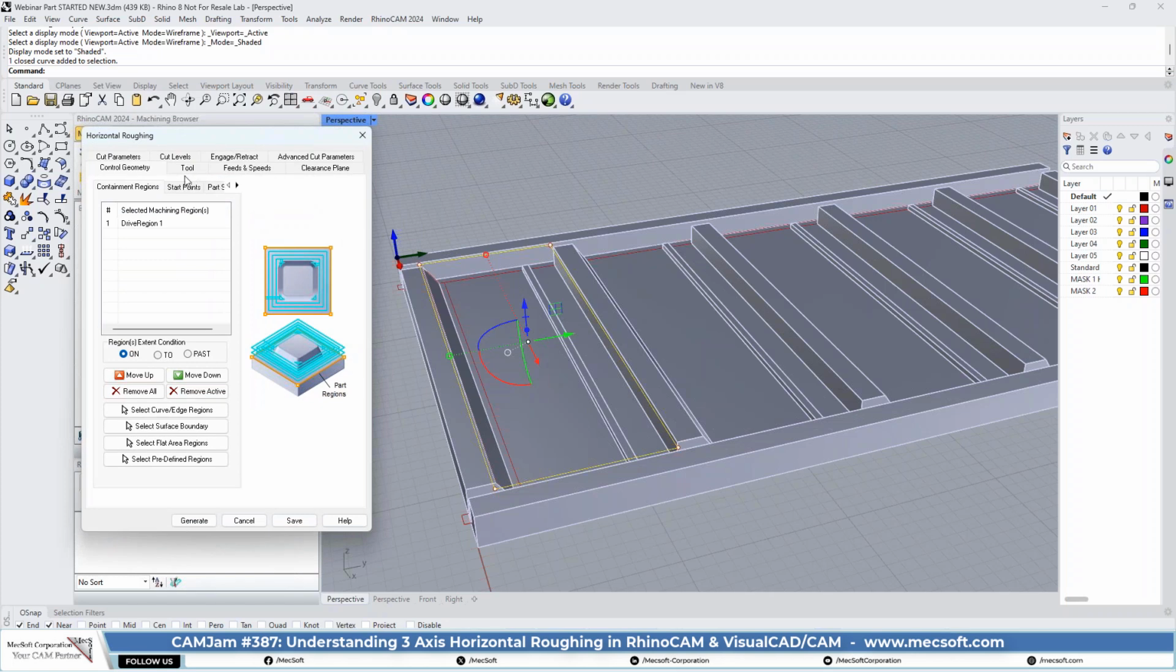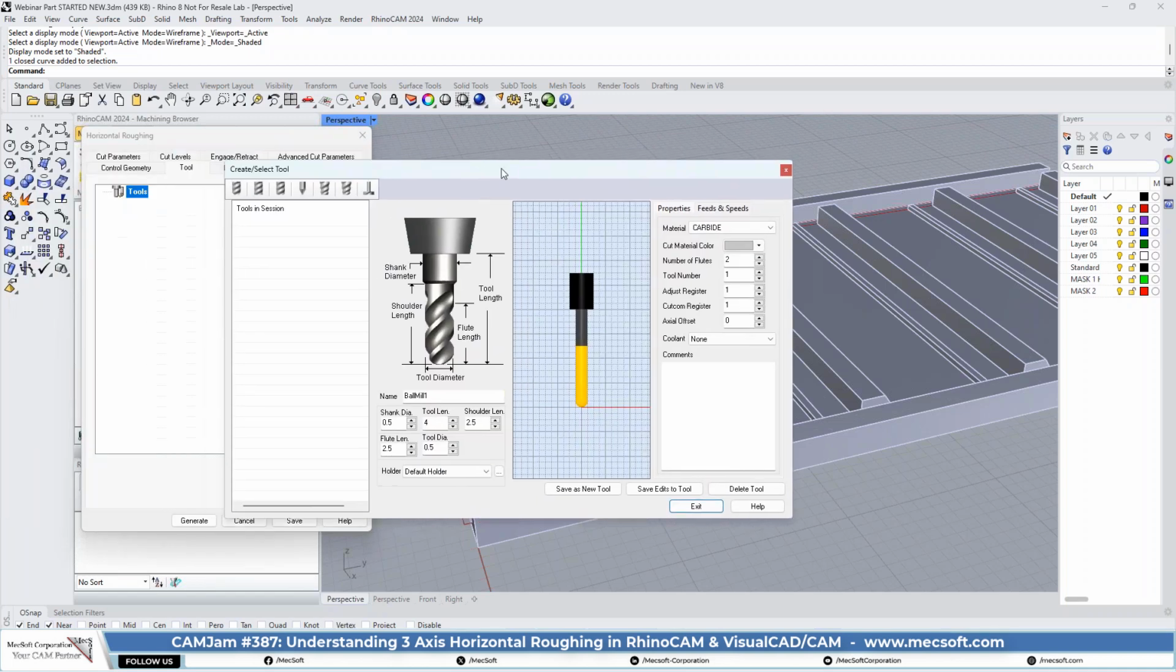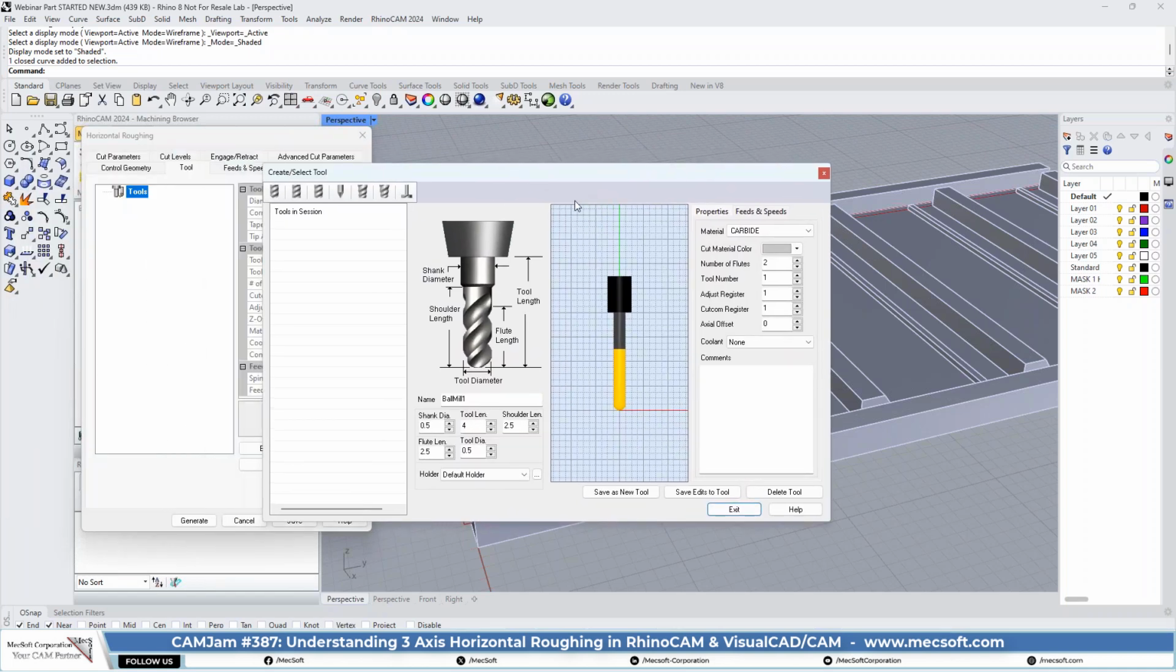Now, first thing we need to do, obviously, is define some tools. We don't have any defined yet, so we're going to pick this button and go into the Create Select Tools dialog. So we're going to need two 3/4 inch diameter end mills. One's going to be a flat end mill, and the other is going to be a corner radius mill. So we're going to go to the flat end mill button here, and our tool is going to be 0.75